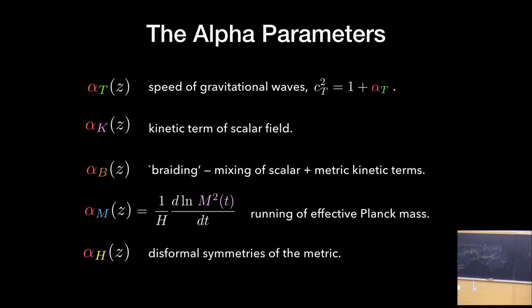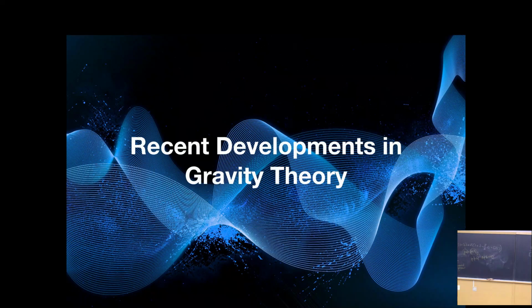And so what we really want to do is try and get as much prior information on these parameters before we go and actually constrain them. So what I'm going to do now is tell you about 3 recent developments which help to give us that prior information. They try and whittle down this big open parameter space. And interestingly, all 3 of these developments have been sparked by the direct detection of gravitational waves. So this is all very recent.